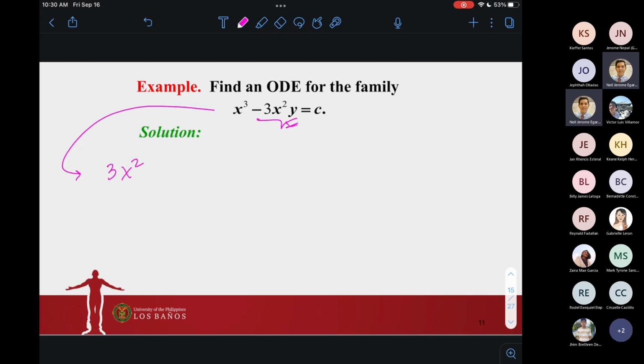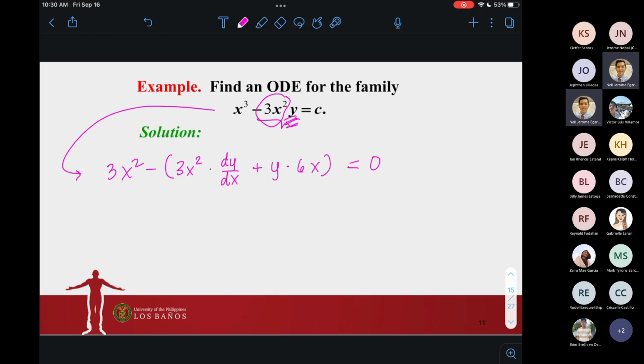So that means 3x squared times a function of x. Para ma-differentiate yan, we need to use the product rule, right? Minus the sum na manggagaling sa product rule. So remember how to differentiate the product. So we copy the first, 3x squared, differentiate the second, dy over dx, plus copy the second, differentiate the first factor. So we're going to get 6x